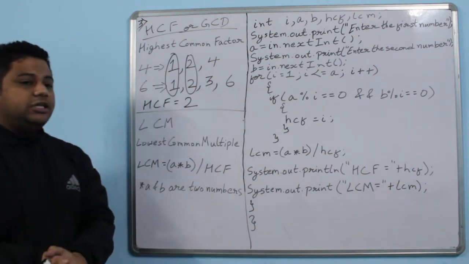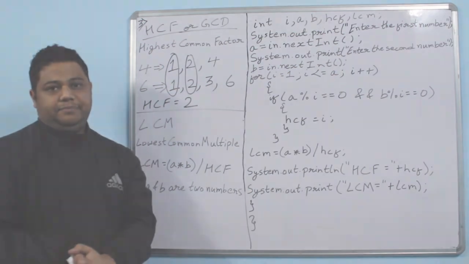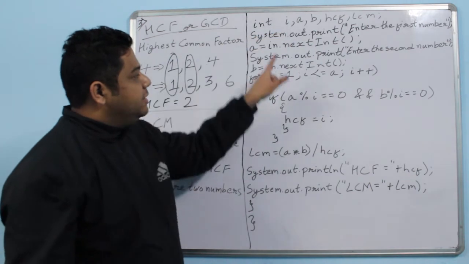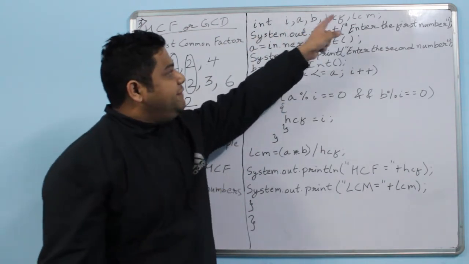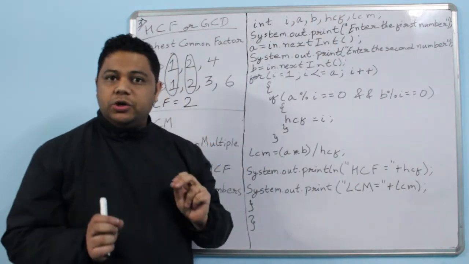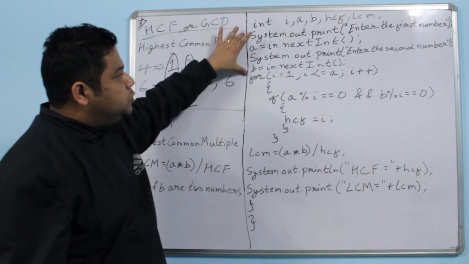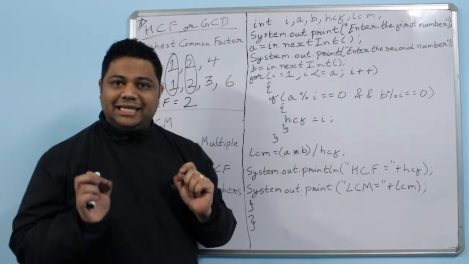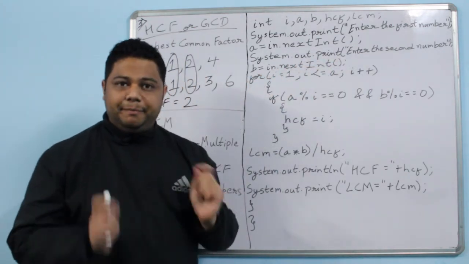First we are going to find out the HCF and then we are going to solve the LCM. Now moving on to the program, we can see I have taken variable I for the loop, A and B for the two numbers, HCF and LCM to store the value of HCF and LCM. First thing, I am taking two numbers from the user. So enter the first number, put the number inside the variable A, enter the second number will be stored inside the variable B, and then